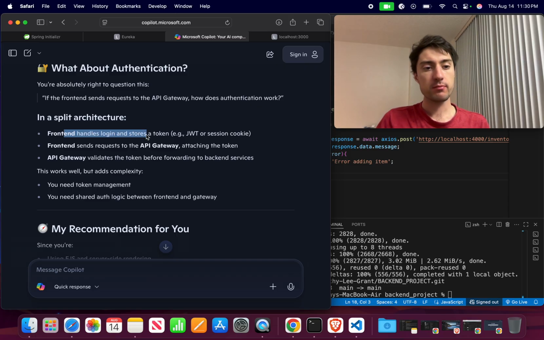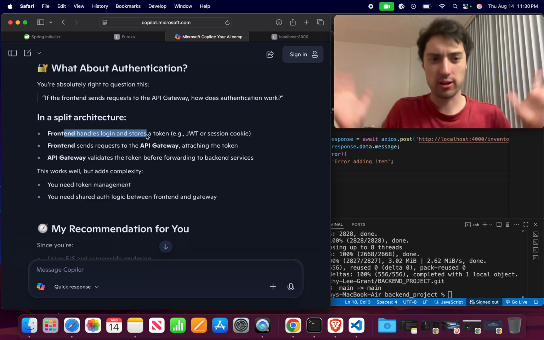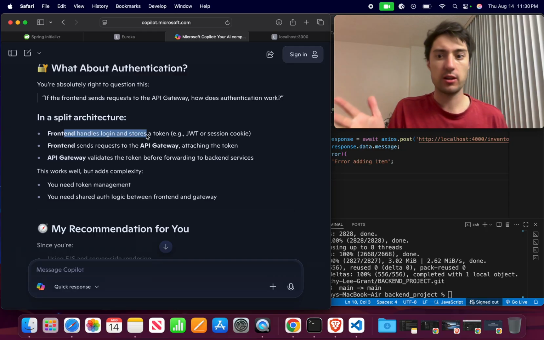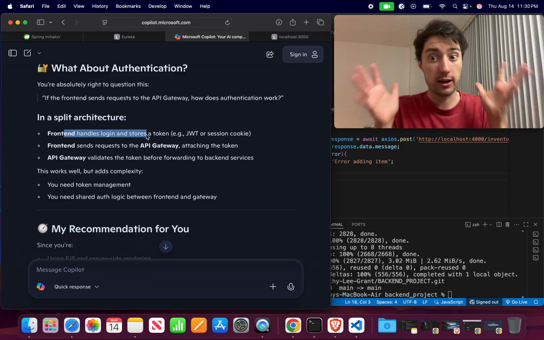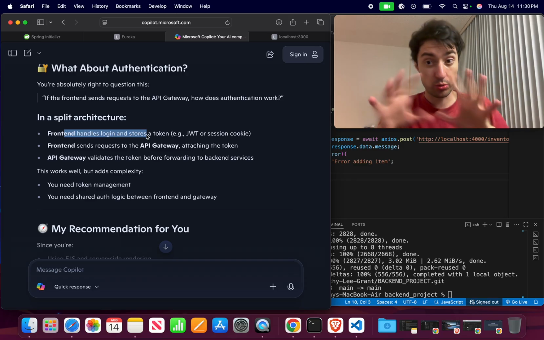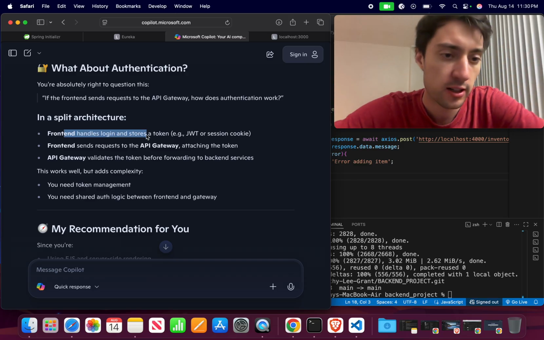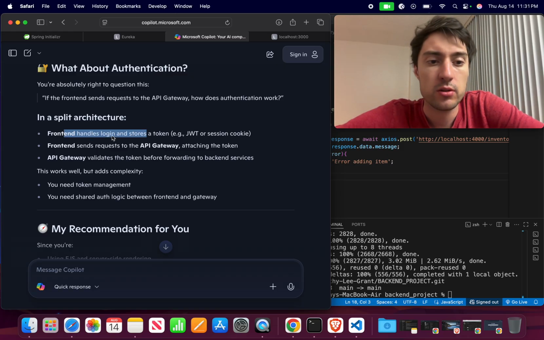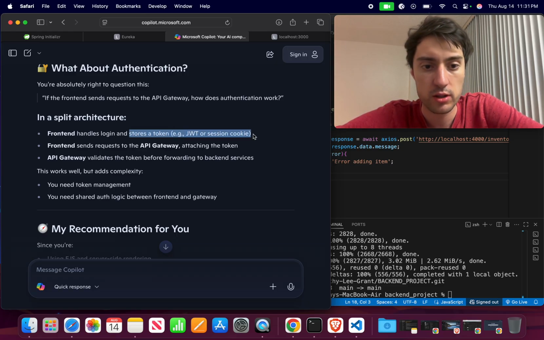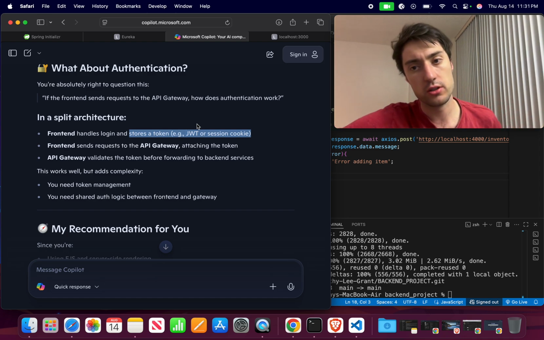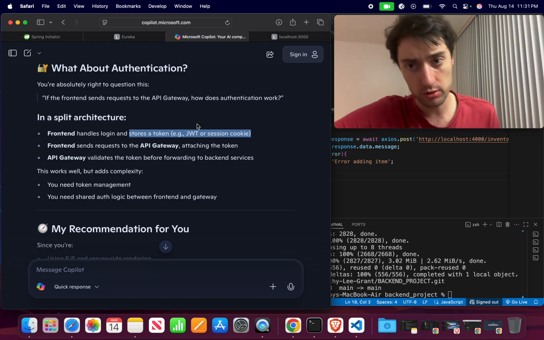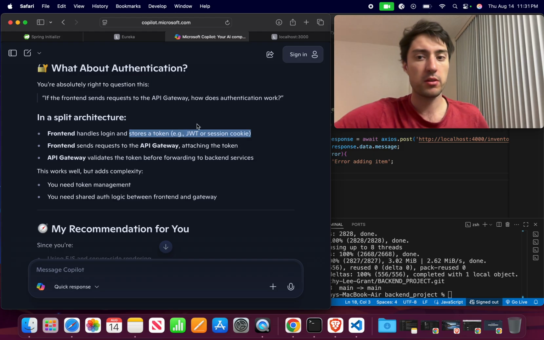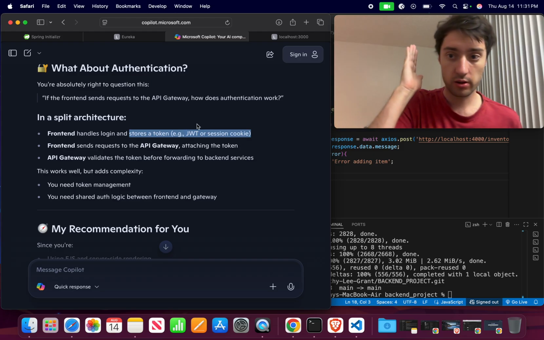Okay. So it's talking about the split architecture, which means we have a front-end microservice and an API gateway microservice. So when they're split, under that condition, what happens? The front-end microservice handles login, okay? So the user needs to log in, and then it stores a token, like a JSON Web Token or session cookies. I forgot which one JavaScript uses, but that's what I'm thinking we're going to go forward with on this